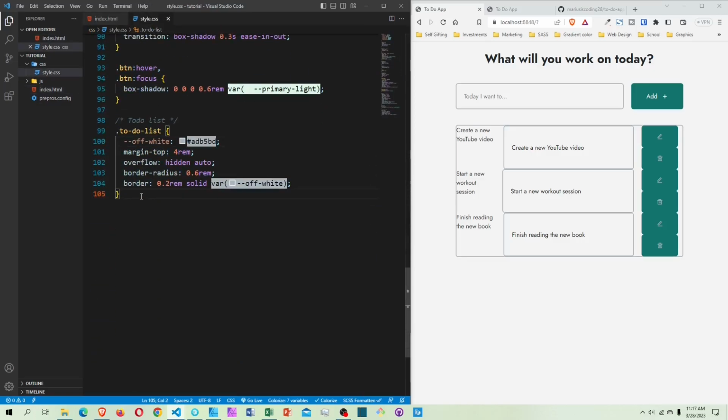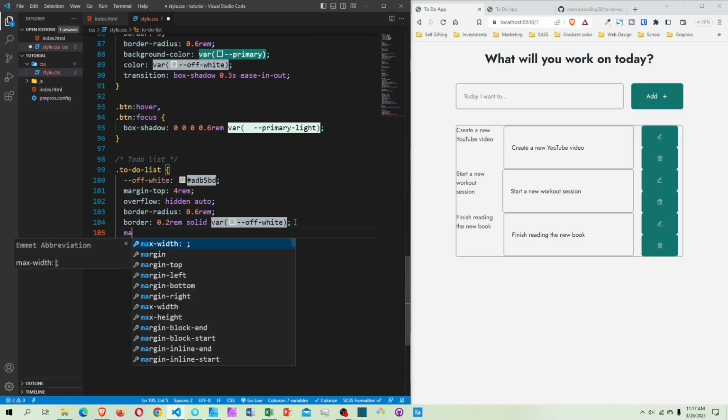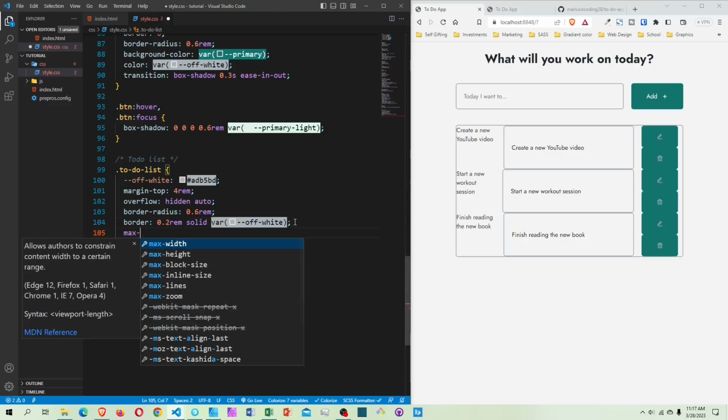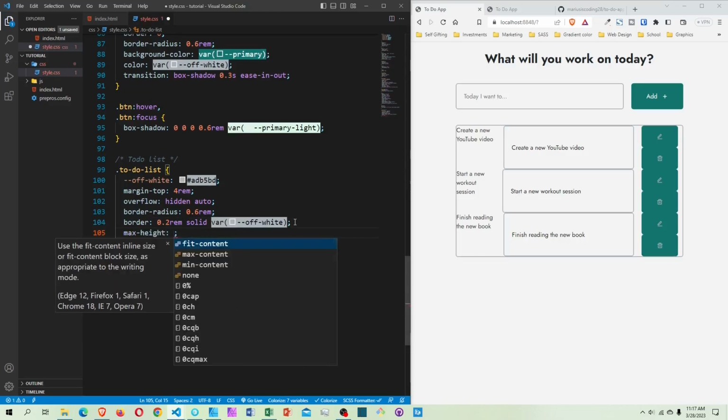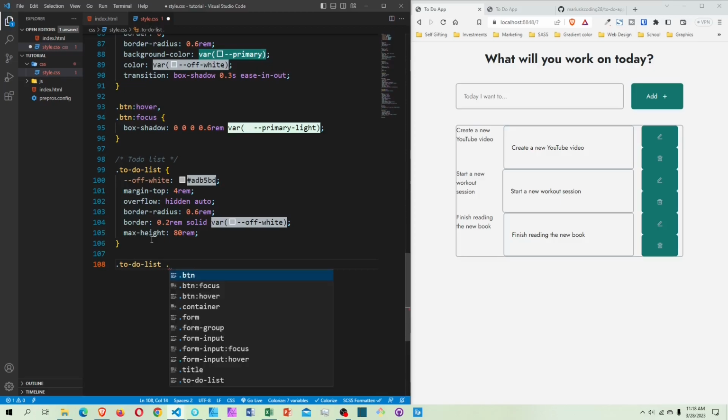Down here, oh, before we go in, a max-height of 80 rem. Okay, now after this one, I select my to-do list and then select to-do item inside of it,